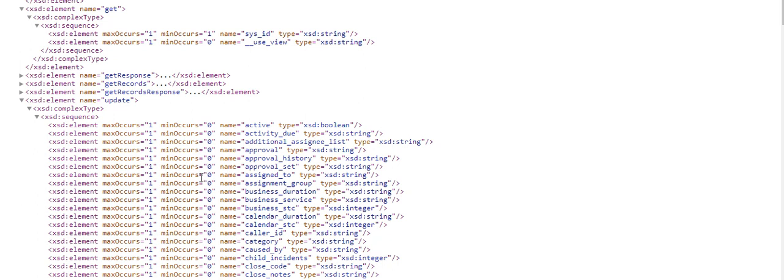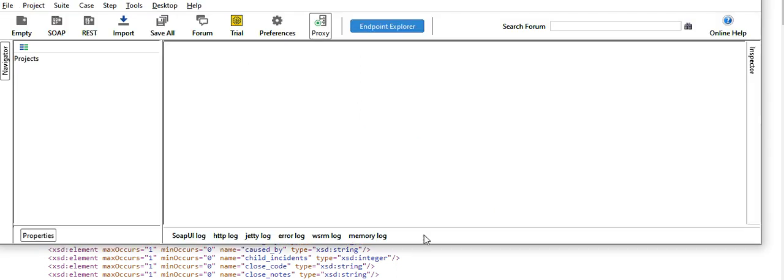Now let's see how we can make use of this and connect with ServiceNow. Similar to Postman, which we used to integrate REST API with ServiceNow, we have a tool called SoapUI. SoapUI helps us to create test suites, or SoapUI helps in testing SOAP web services. This is the latest interface of SoapUI. It's open source.